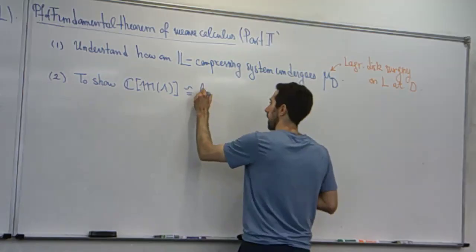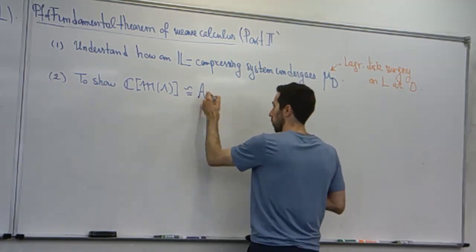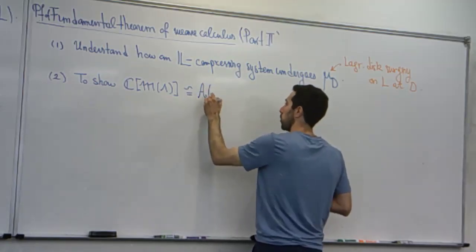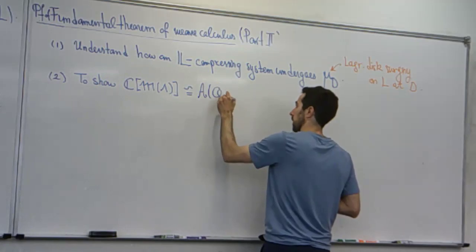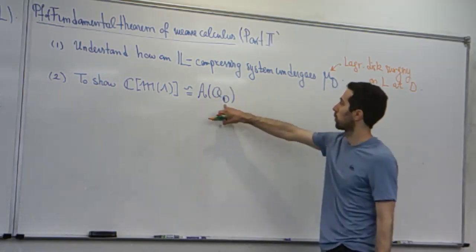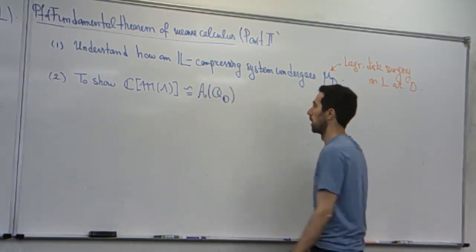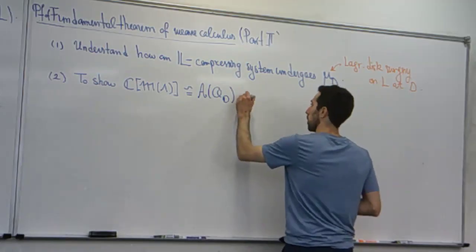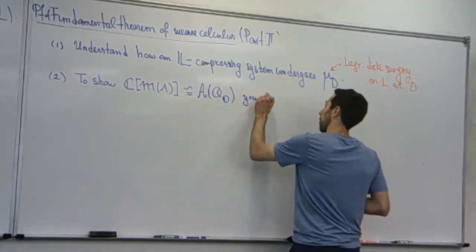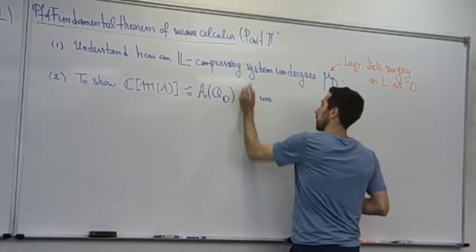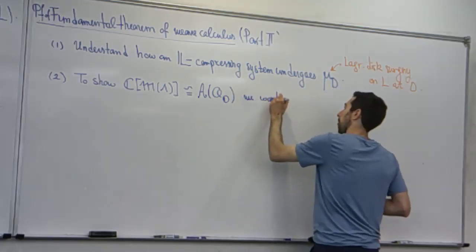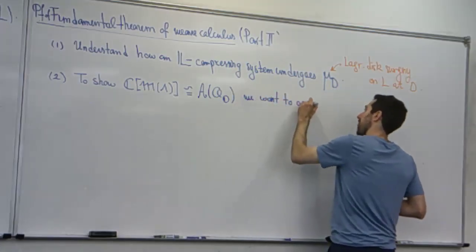So let's just write this A, that's how it's usually written. So A associated to the quiver Q, that is associated to the linking, to the intersections of the boundaries of these unknotting systems. We want to argue